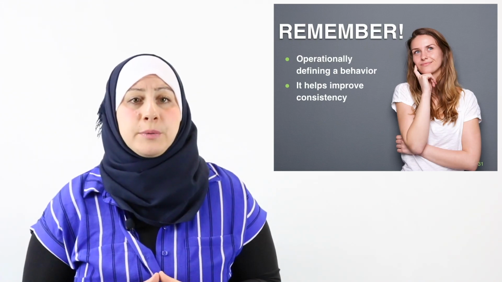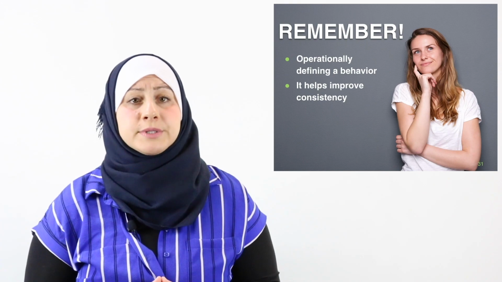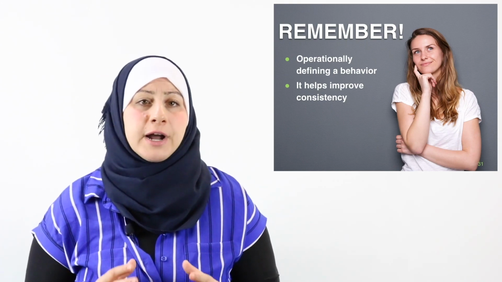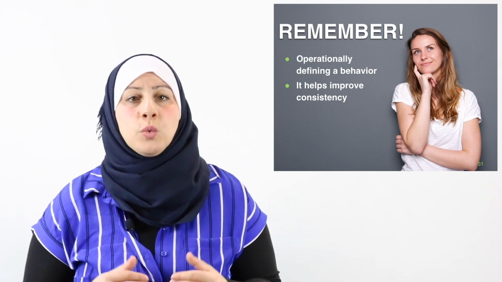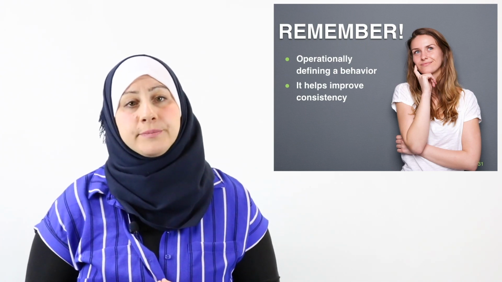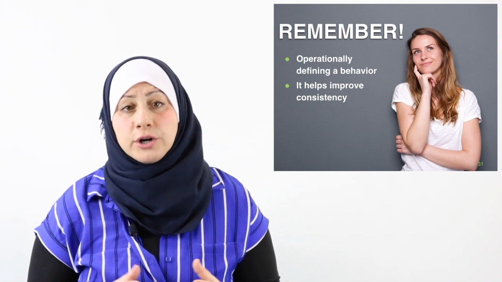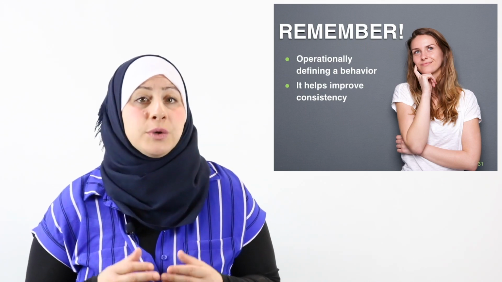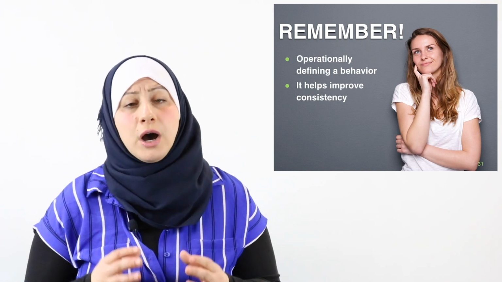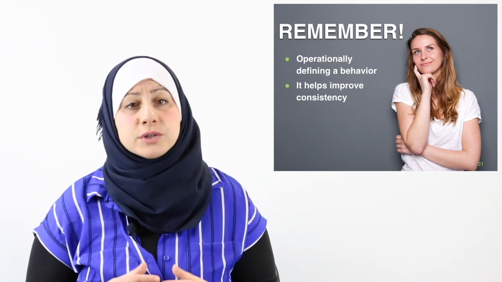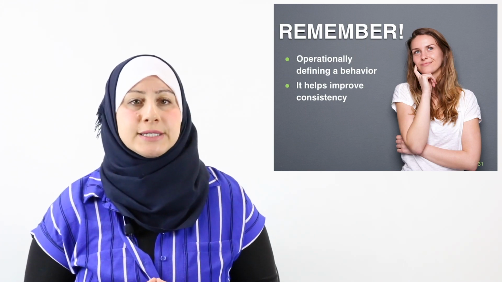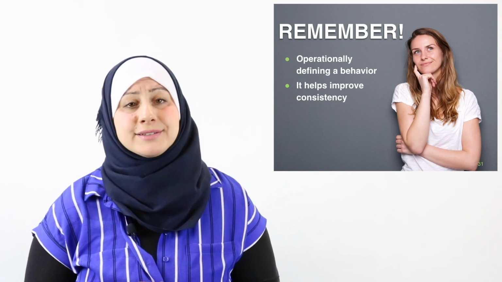Now that we've talked about behaviors and we've defined them in observable terms, we can now measure it. Your supervisor will be responsible for defining the behavior for you. You want to ensure that you can count it or measure the length of that behavior, that you can identify it when it occurs based on the definition. If you can't, then this needs to be brought up to your supervisor. Operationally defining a behavior allows all team members to know what to look for. It helps improve consistency, which will in turn benefit the client.